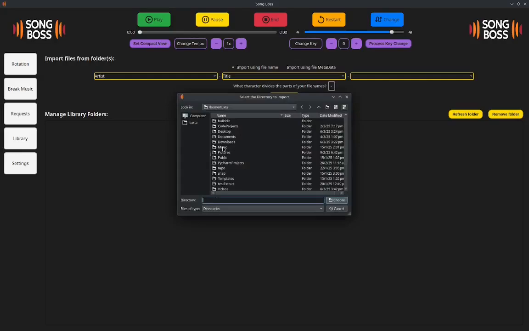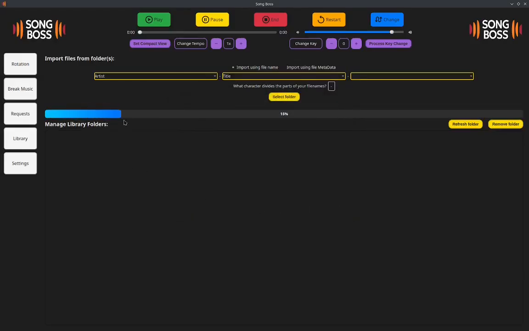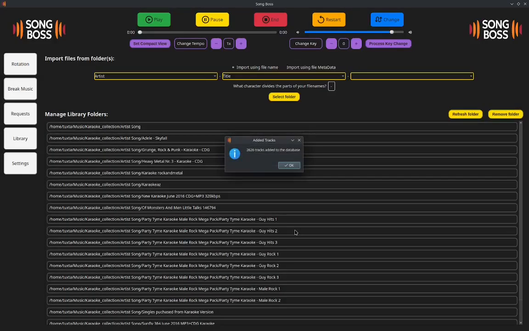So I'll select a folder. I'll go in here and go to the one that has artist and title. You can see I'm loading up the files now. Okay, now they've loaded. It says I've got 2,626 tracks in that folder, and it's showed me not only the